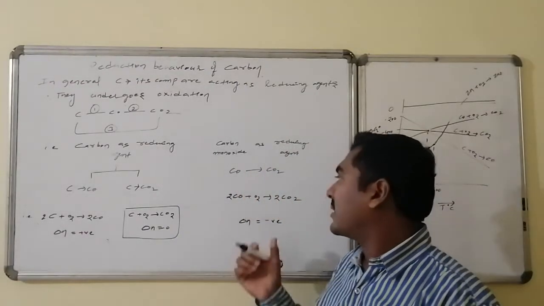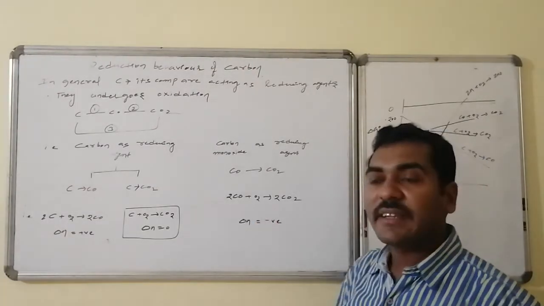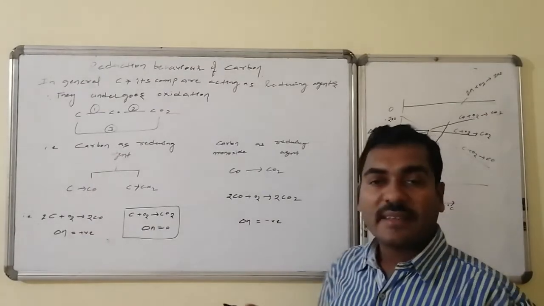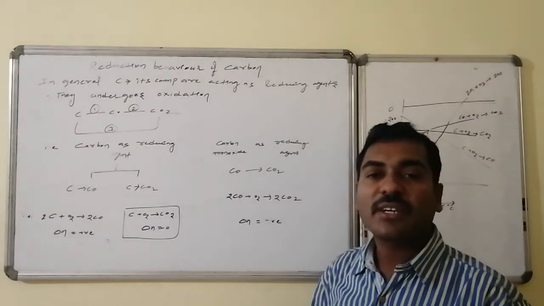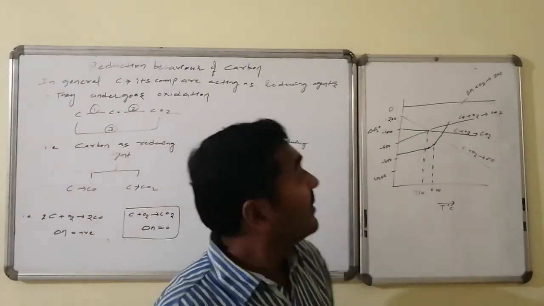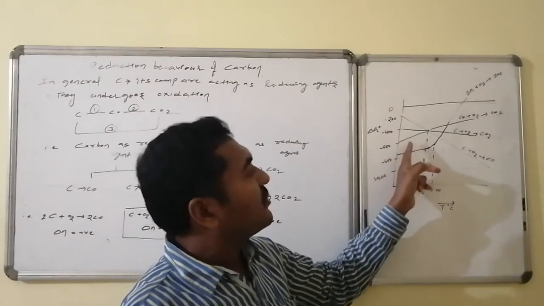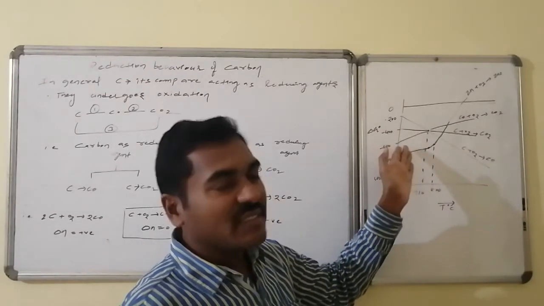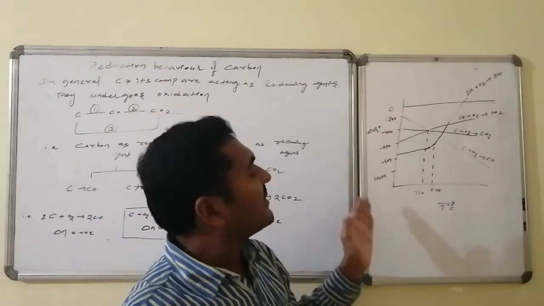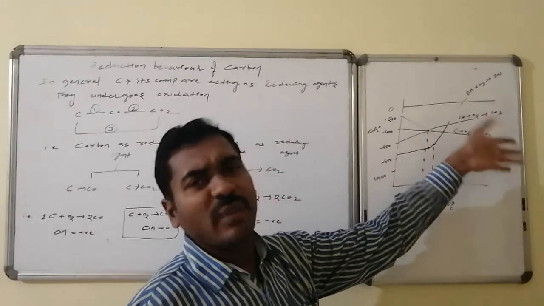Whereas in the case of carbon dioxide formation from carbon monoxide, here delta N is negative, so entropy disfavors, and there is a competition between the two. After a certain high temperature, it undergoes decomposition, the backward reaction to carbon monoxide as well as oxygen. Hence in the curve for carbon dioxide formation from carbon monoxide, the minus delta G value goes on decreasing, and after a certain temperature it can cross zero, then it becomes unstable and the backward reaction may be favored.